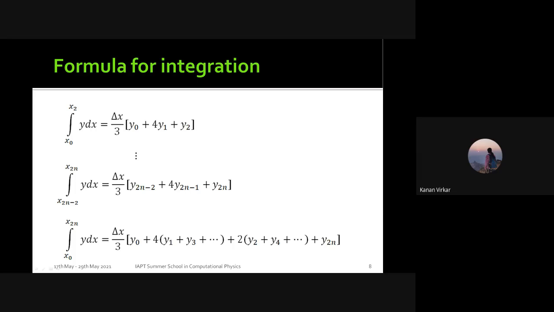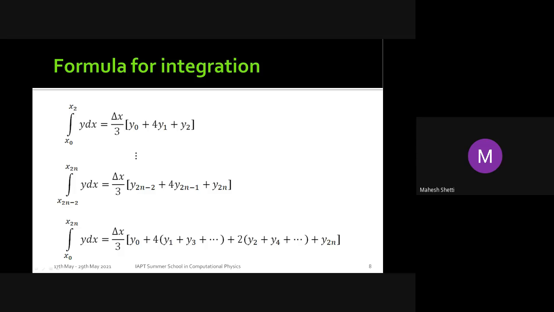Sir, but isn't the parabolic area less accurate than the rectangular stripes we had before? Let's see. The parabola is going to take into account the areas that you have missed, the gaps between the curve and the straight lines that you are joining. So yes, it is going to have some amount of error, but it is surely going to give you relatively less error as compared to the trapezoidal rule. Let us do this calculation and see how we get.